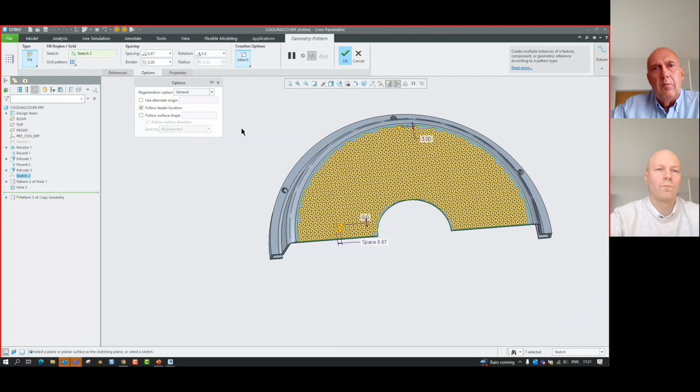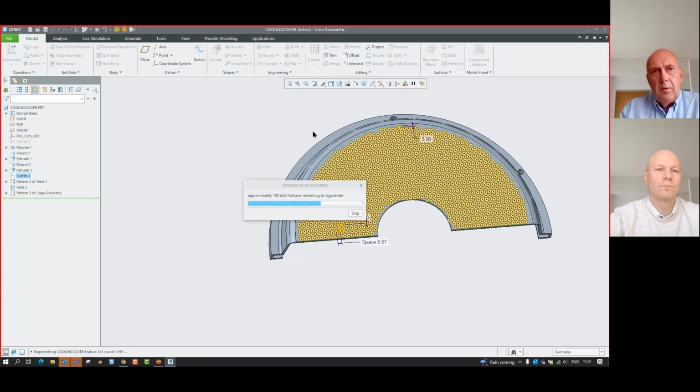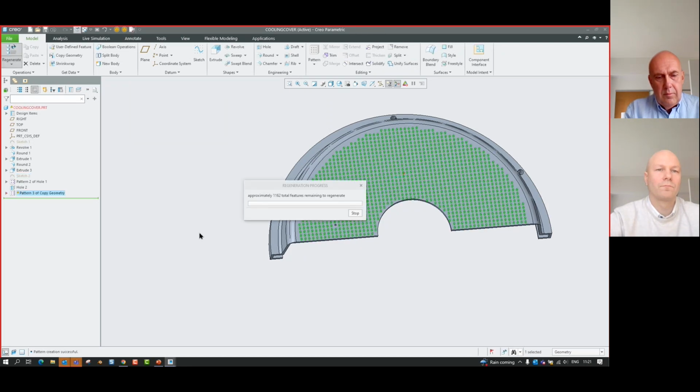And let's see how long a general regeneration option takes with a geometry pattern feature. So with a general regeneration option, Creo is having to calculate the instances of all of these features individually. So it's a lot of calculation work for Creo to do, hence why the regeneration can take a while. So I'm just going to cancel out of this feature here. So let's just stop this right here.